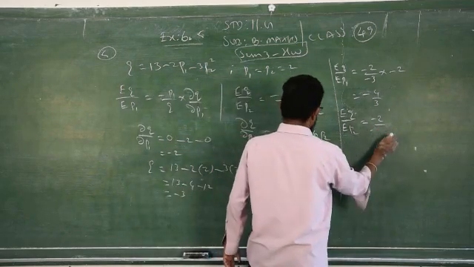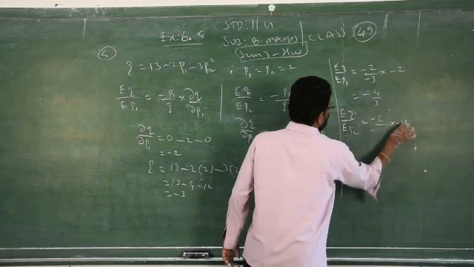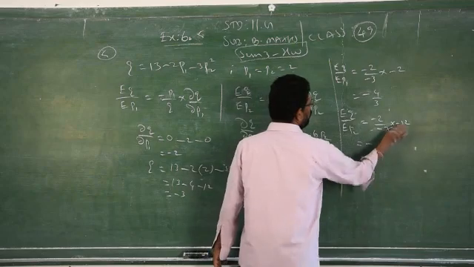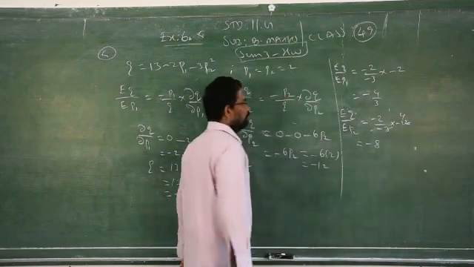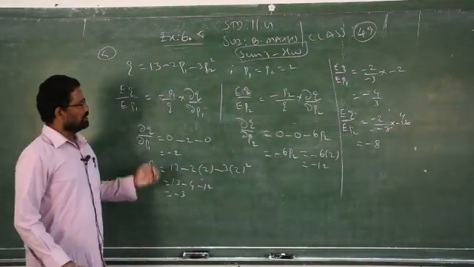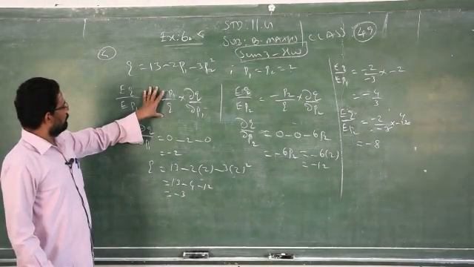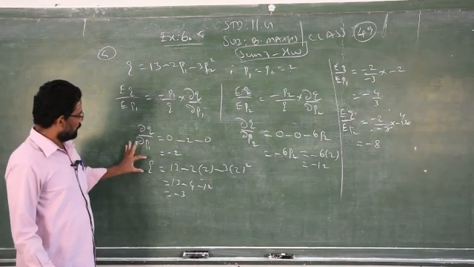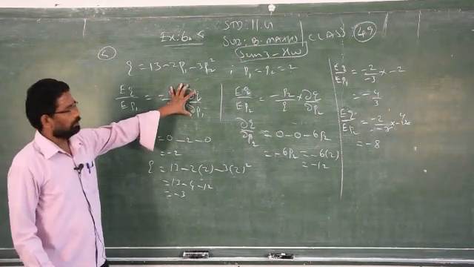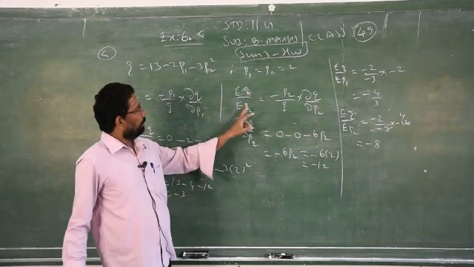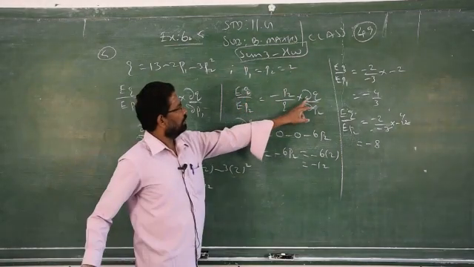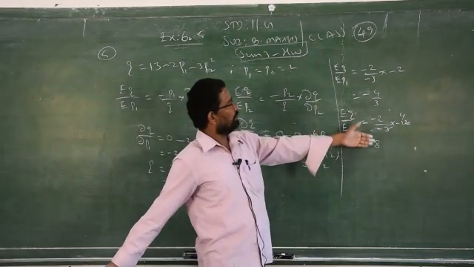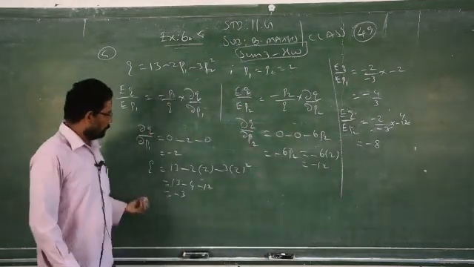Minus 12 by Q is minus 3. Again you have 3 minus, so it will go 4 times. So the answer is 4 2s are 8, minus 8. You just have to find partially dou Q by dou P1 and the Q value, and substitute in this formula. Similarly, for EQ by EP2, find dou Q by dou P2. Substitute in the formula, and you will get the required answers.